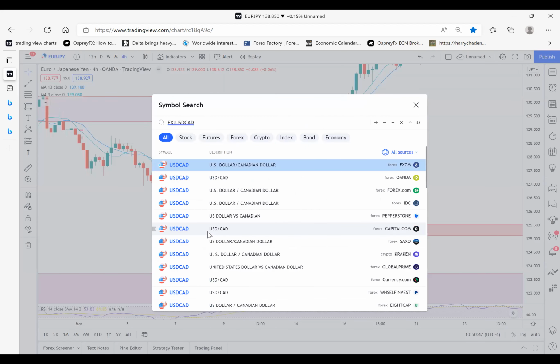This is an accumulation schematic. Then you have to retest it. This is why the patient trader gets paid, because you get this spring right here, then you get a pullback, then you get the retest, then you get the run up. I made a lot of money last week on this trade. So